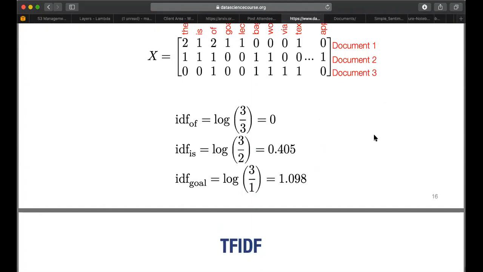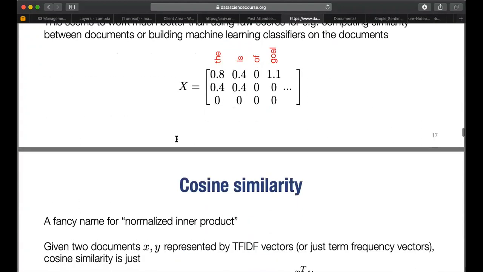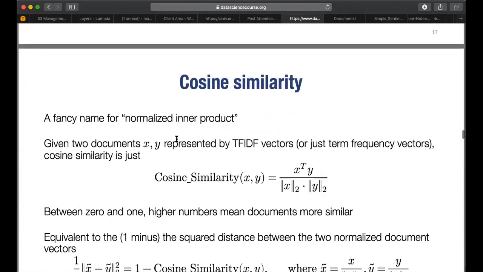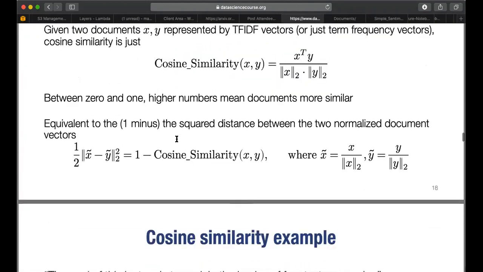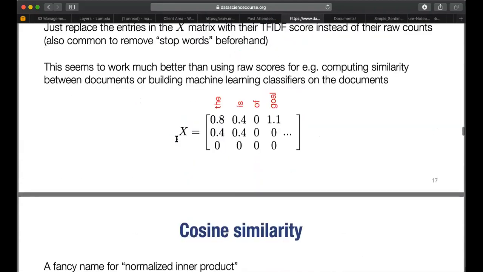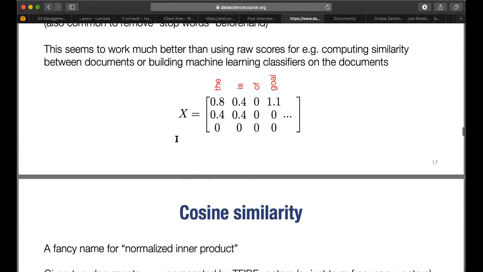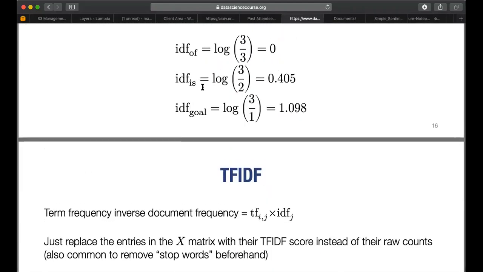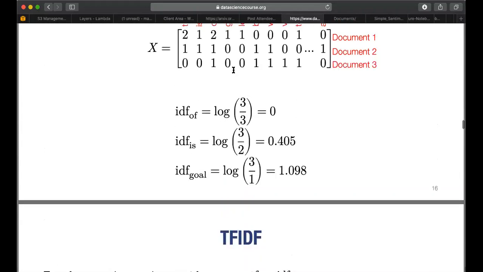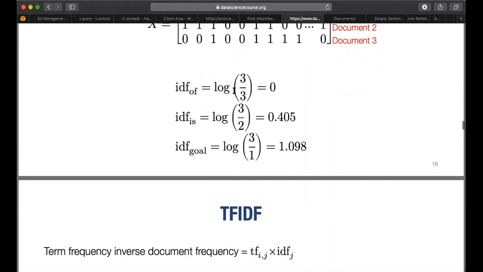Thank you. I was waiting for Ike to finish before I asked my question. There was a part with the IDF that had the log calculation, the log 3/2. When I watched the video and did it, it didn't give me the same answer. The man had 0.4 something, but when I did log 3/2, I got 0.176.